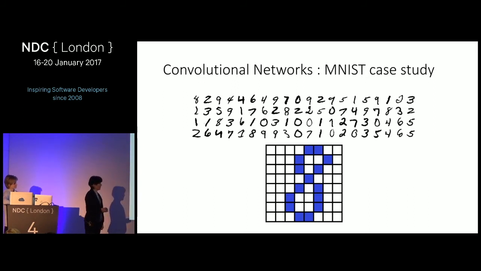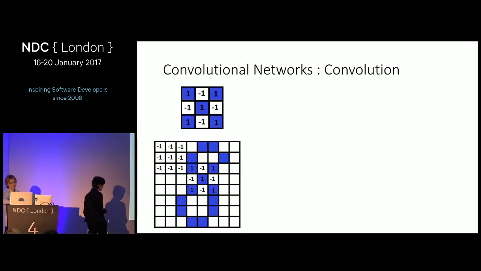I would say that a distinct feature of any 8 I can imagine would be a crossing in the middle. That's our feature. So now we have a feature, and the convolutional net will walk through the image and try to find this feature in any possible place. The search is done with very simple math. We assign all pixels a number. We assign -1 to light pixels and 1 to dark pixels. Do the same with the feature.